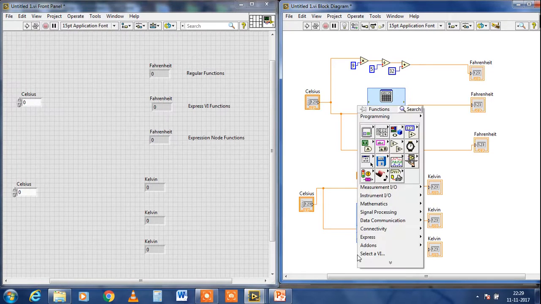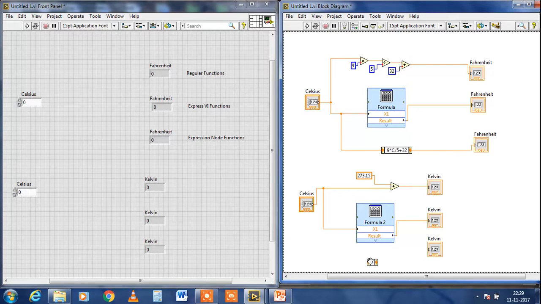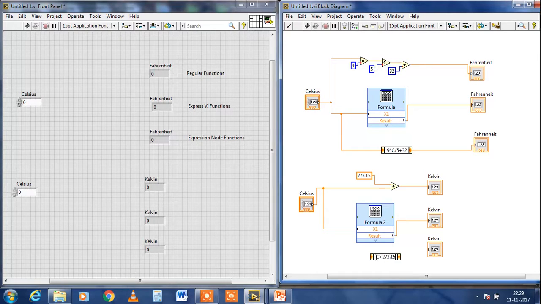Now we choose the expression node to create a formula, and first of all we create here C plus 273.15, and again choose the wiring tool and connect that expression node between output and input.